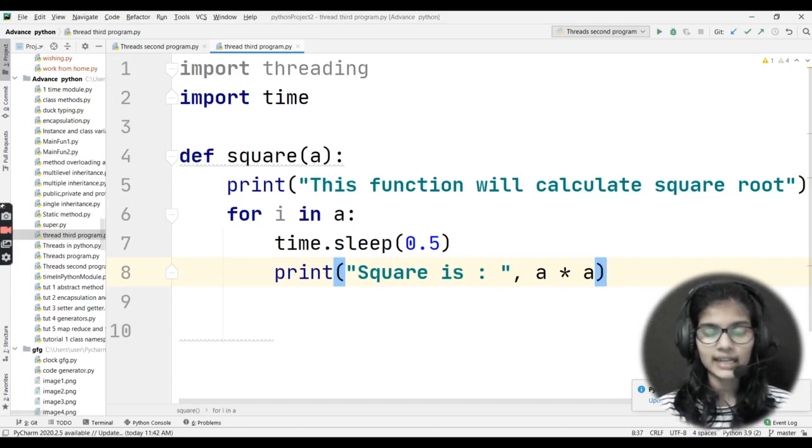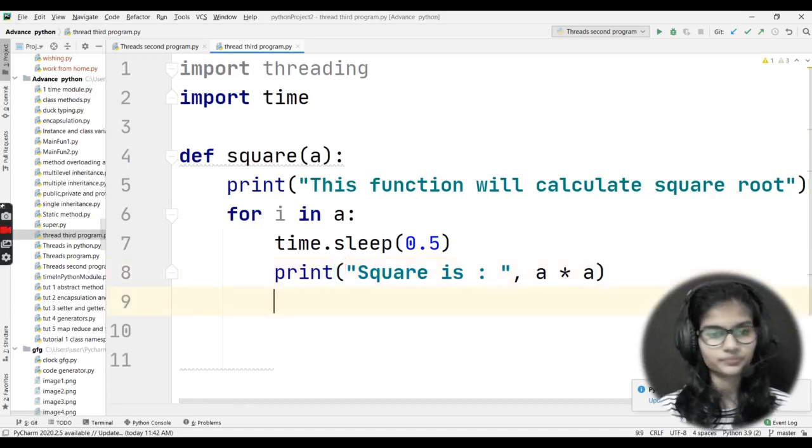After that I have for i in a. Now, i is another variable which I have taken. So for i in a, I just want to do the iterations here. And time.sleep(0.5). So it is given a sleep time here of 0.5, so that after 0.5 seconds it gives my second output, after again 0.5 seconds it gives my third output, and the procedure goes on like this, right? Then after that, in my print statement, I have written that square is, and here I have calculated my square. Right, this is done for the square.